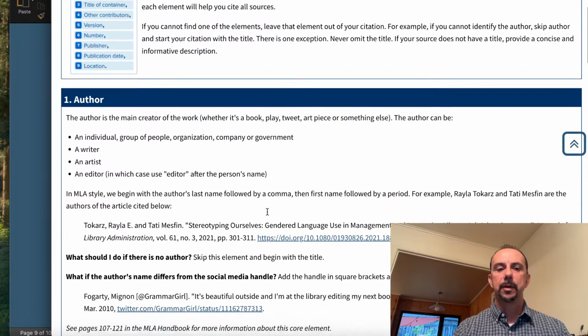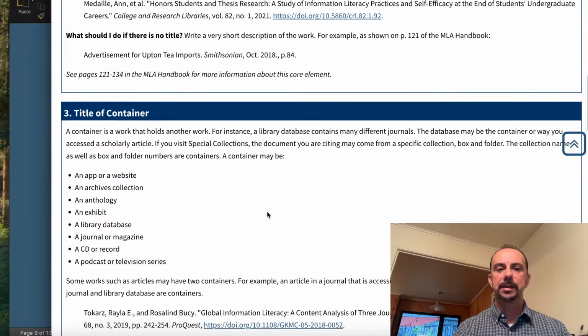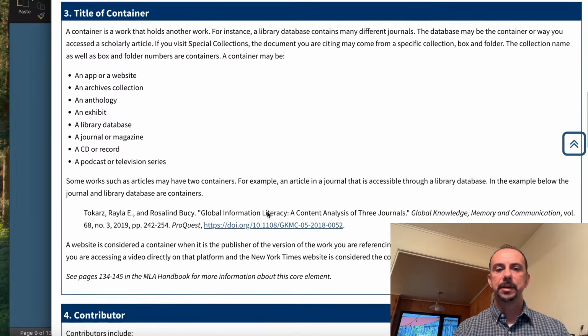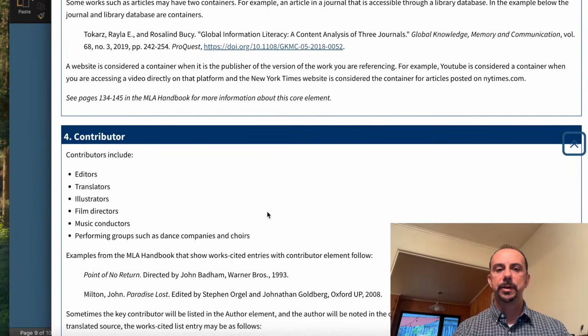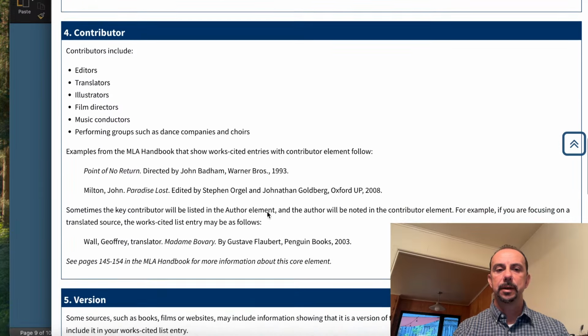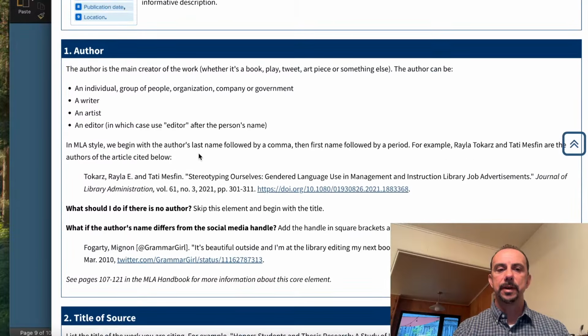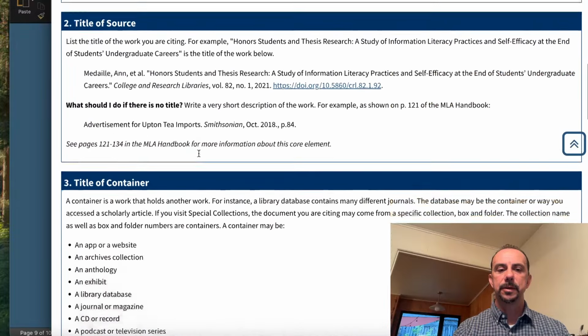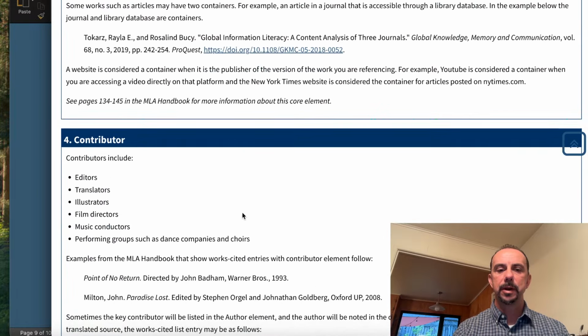So you have 1, the author; 2, the title of the source; 3, the title of the container, if there is a container; 4, the contributor, which is the writer, editor, translator, illustrator. I'm sorry, the author is the writer; title of the source, title of the container, not always applicable; contributor, not always applicable;